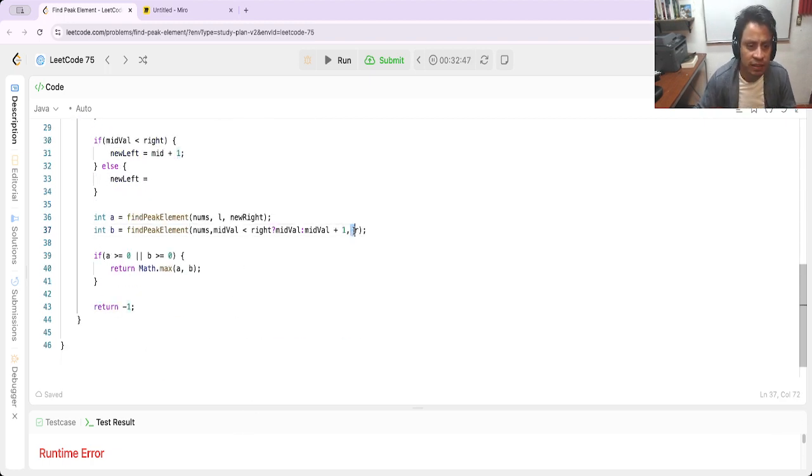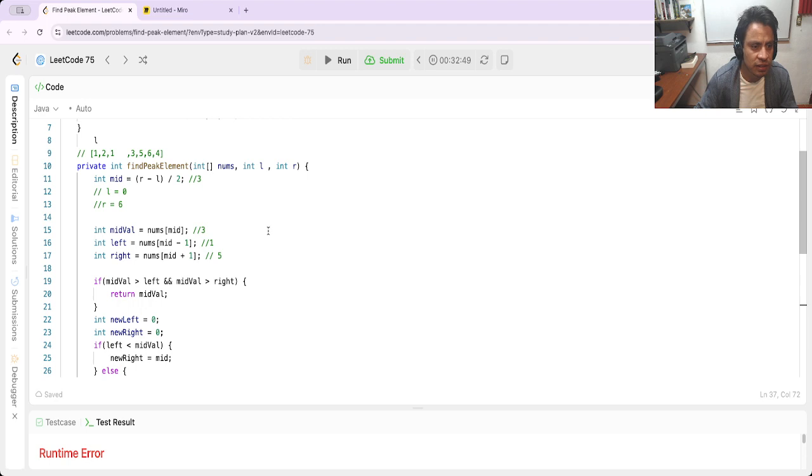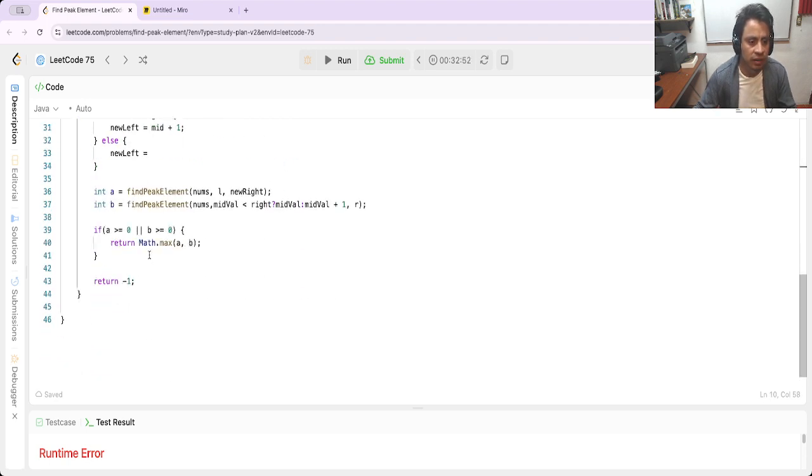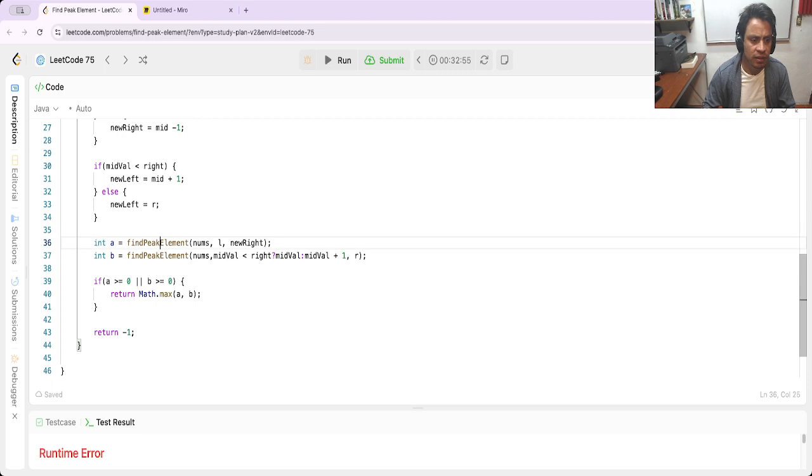No, what is wrong? What is wrong? Here. It's equal. Yeah. And here is, no, I'm wrong here. When mid val is true, mid val. Yeah. Here is mid plus 1. Yeah, and here is basically new left. Okay,